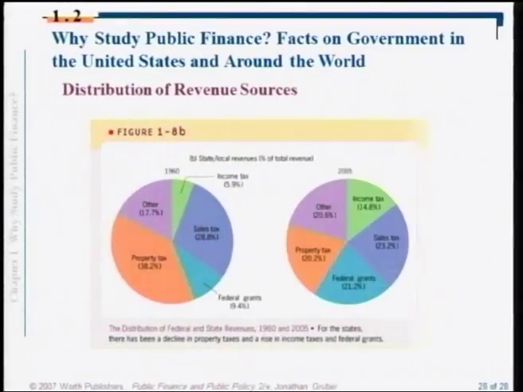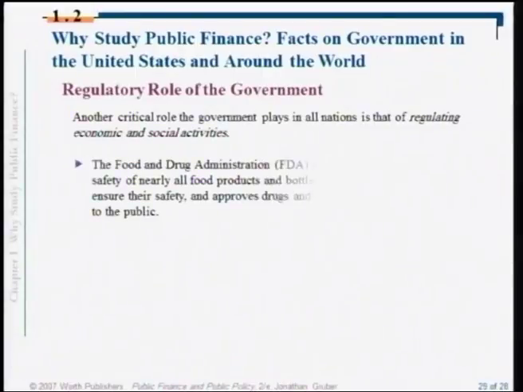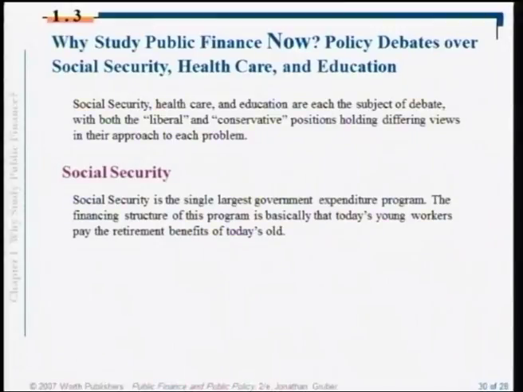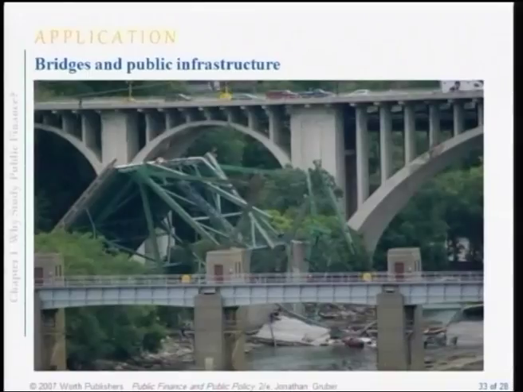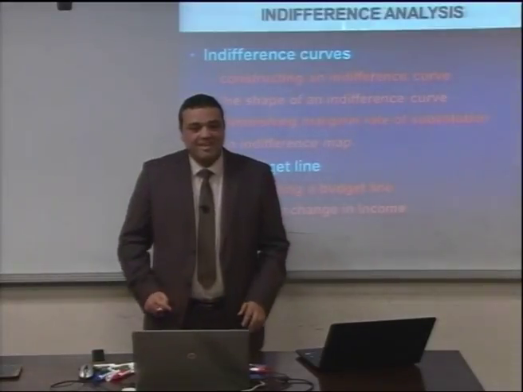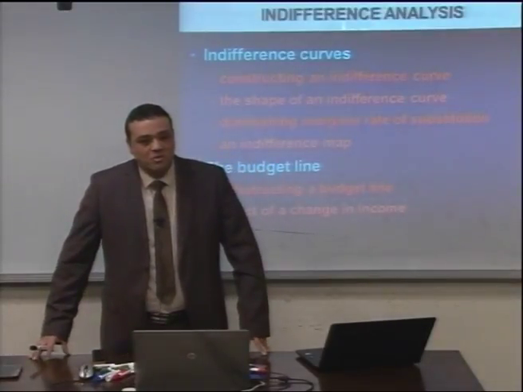So let's go to another thing. Here we just present the government spending on social security, education, and healthcare programs. That's it. This is the first chapter. Okay. Let's go to chapter 2, which is